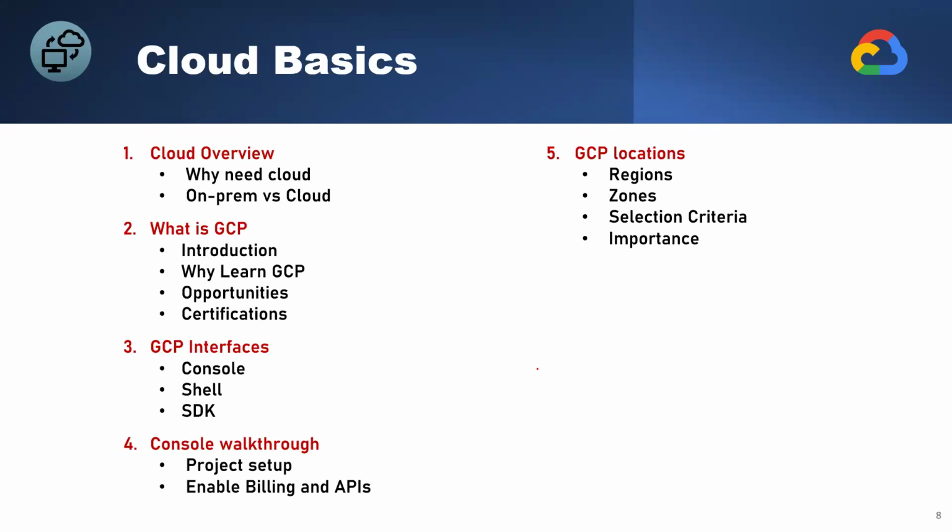So what is a region? What is a zone? How to select that region and zone? What is the importance if you don't select a proper region and zone? What will happen? And after that, in Google Cloud Platform, if you wanted to take care of the access controls